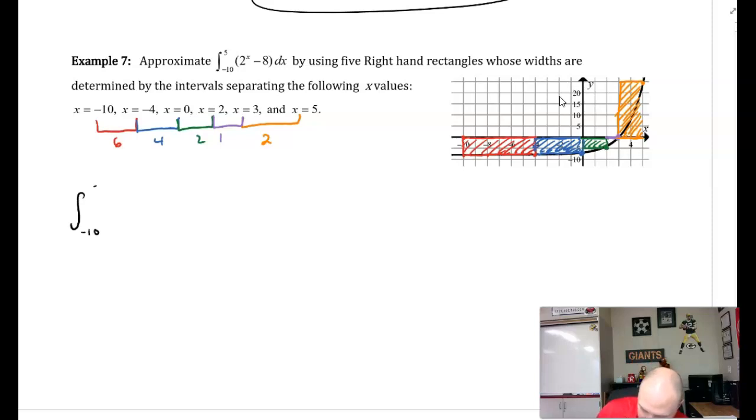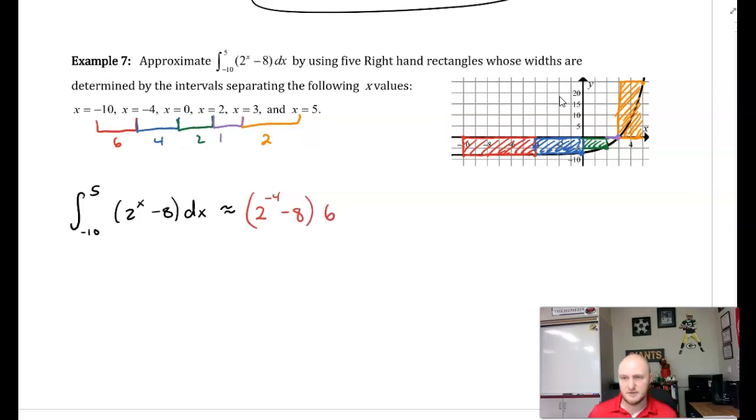The integral from -10 to 5 of 2 to the power of x minus 8 dx is approximately, so my first integral, that is going to be 2 to the power of -4 minus 8, multiplied times the width, which is 6, plus, now I have the height is going to be 2 to the power of -4 minus 8 times the width of 4